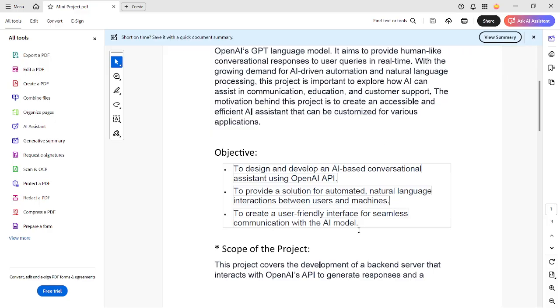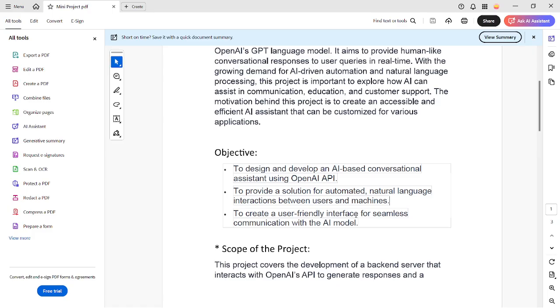So it is a user-friendly interface. It means you are not having any problem using this AI conversational assistant. You have to search this project on a web browser, and you are able to access it,